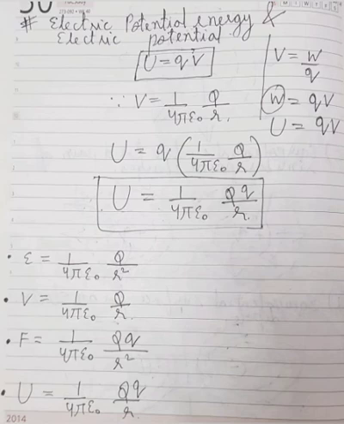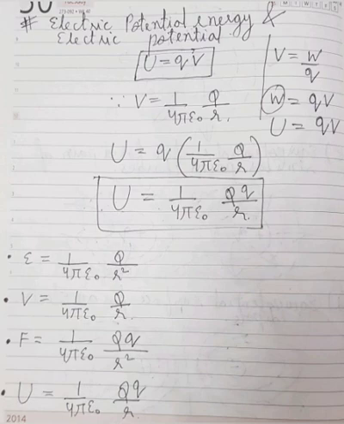Finally, in conclusion, I would like you to see that electric field, electric potential, force, and potential energy, all these four physical quantities have almost the same expression. So it becomes very confusing in examination because sometimes we forget and we use the wrong expression. I have mentioned all the four expressions over here, and please keep in mind that each expression is almost similar, but these four expressions are different from each other.